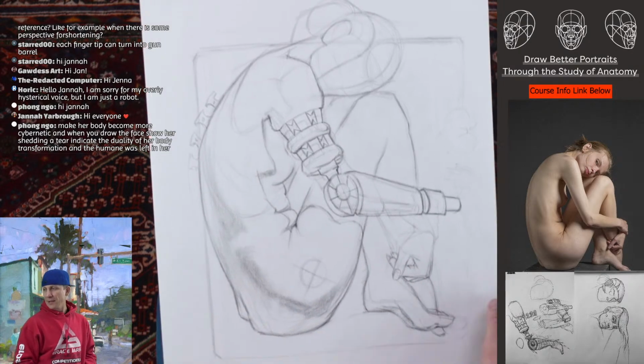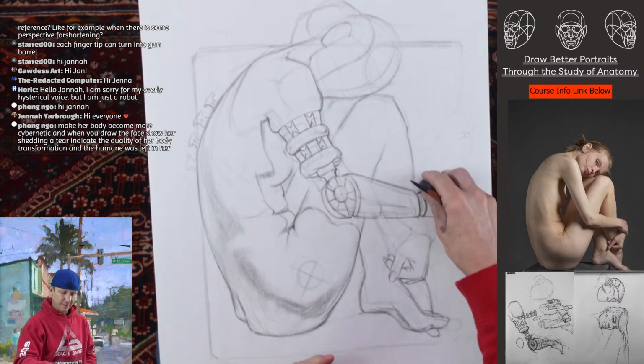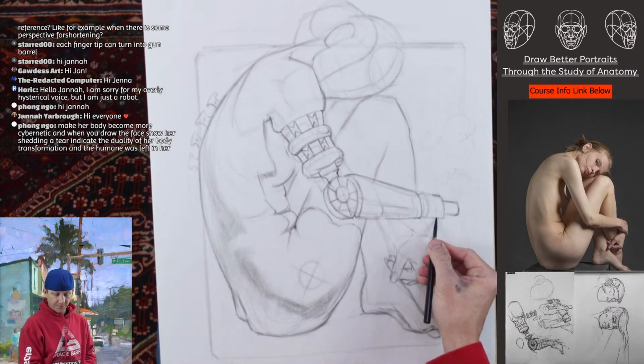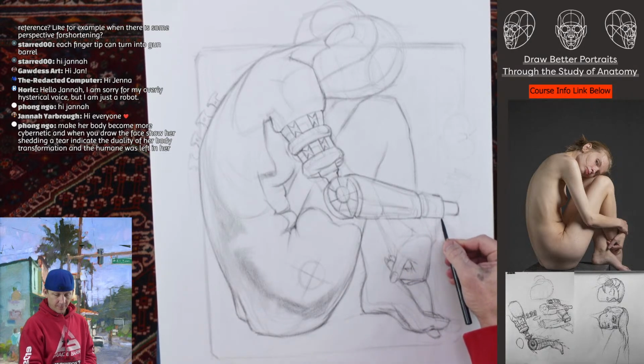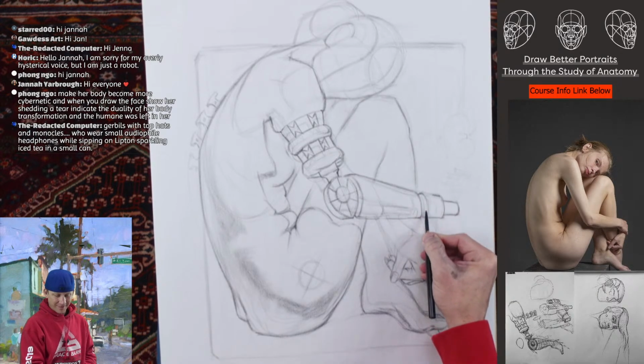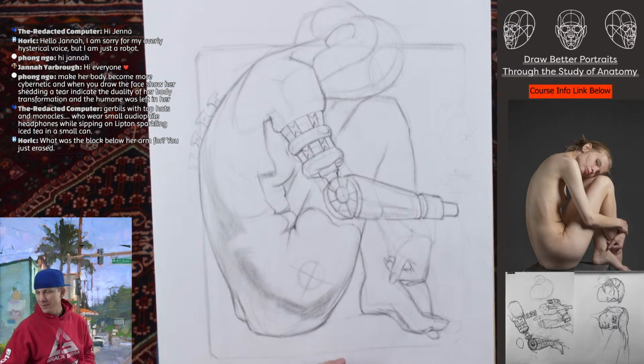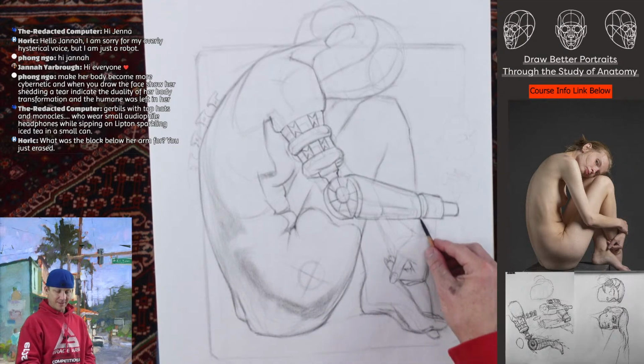All right, let's see. Oh man, I'm really having a hard time with this angle. Gerbils with top hats and monocles, who wear small audiophile headphones while sipping on Lipton sparkling iced tea in a small can. What was the block below her arm for? You just erased. What was that one? I have to read it now. What was the block below her arm? Oh, that's gonna be the magazine. As soon as I draw it again. Yeah. I was trying to get the shape,